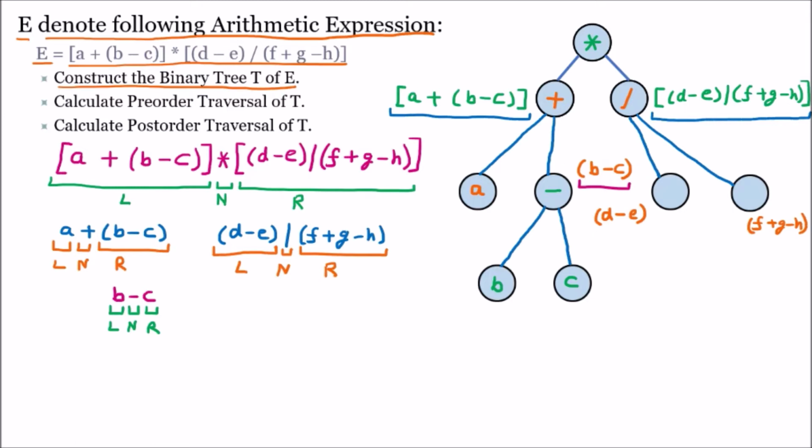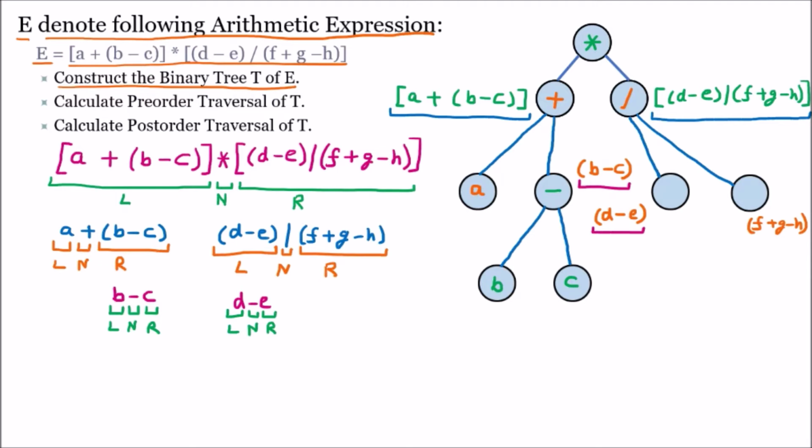Now we have to solve this. First of all, we are solving the left child. So we are working on the left hand side, where it is d minus e. We take it in the bracket, d minus e. Now brackets are not required. We have to divide it into three parts: one part is D, then second and third. Left node, then the parent, then the right. So three parts are there.